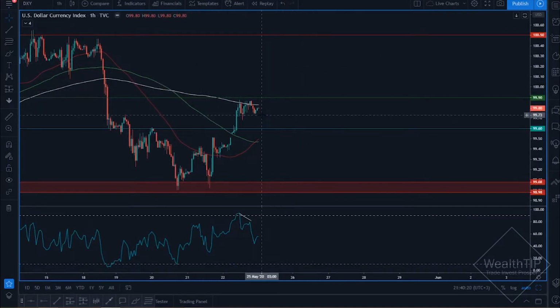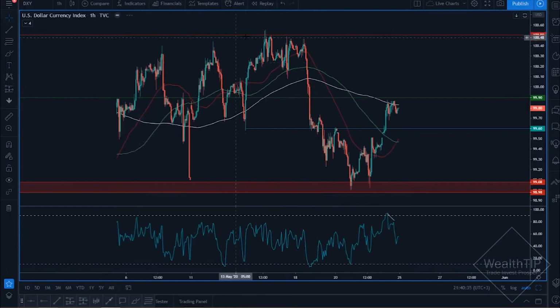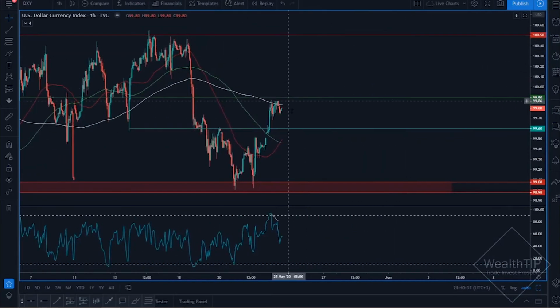If the market does want to break this moving average and this key level of resistance, then it confirms that it wants to build some momentum to these highs over here, which is the 100.50, and then we can see the market retesting these highs all the way up over here. But for the most part, as it stands, we had a very nice call,